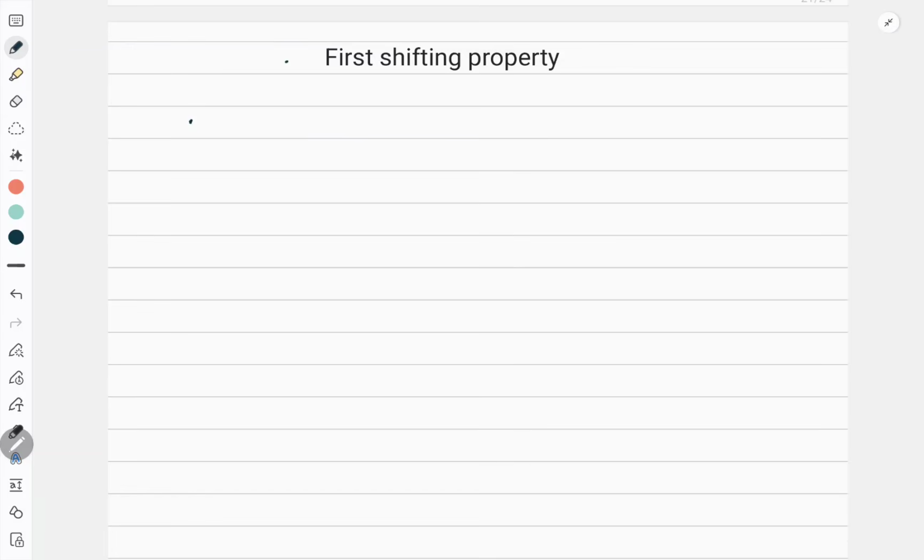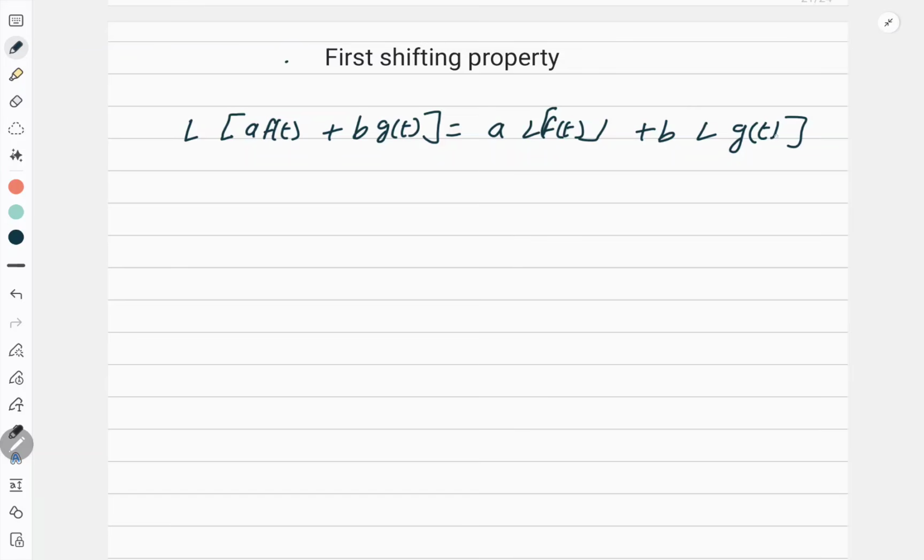Linear property simply means if you are finding the Laplace transform of A f(t) plus B g(t), then you can write it as A Laplace of f(t), which we were using in the questions also, right? Plus B Laplace of g(t). This is called the linear property. Second is the first shifting property, but I will tell you at the end because we will discuss it more. Apart from the first shifting property, there is a second shifting property also, but it is not of that great use because we can do all those questions by discontinuous functions.